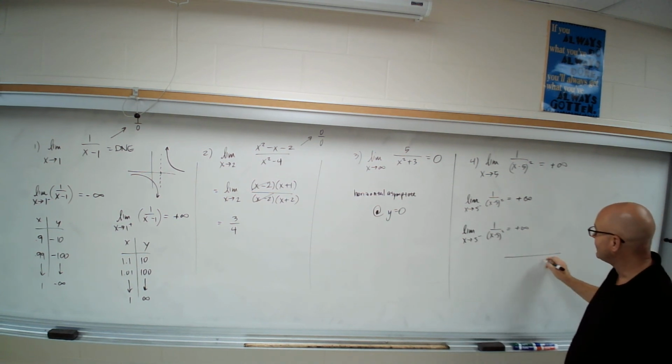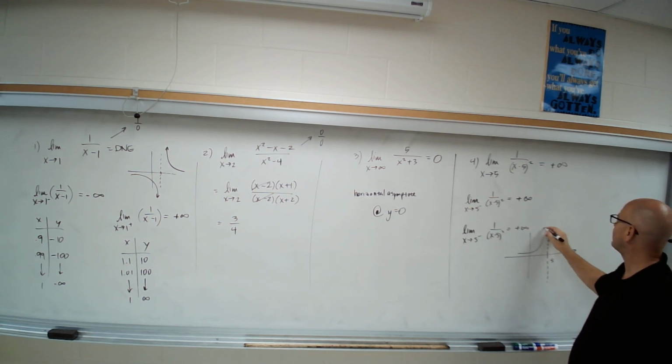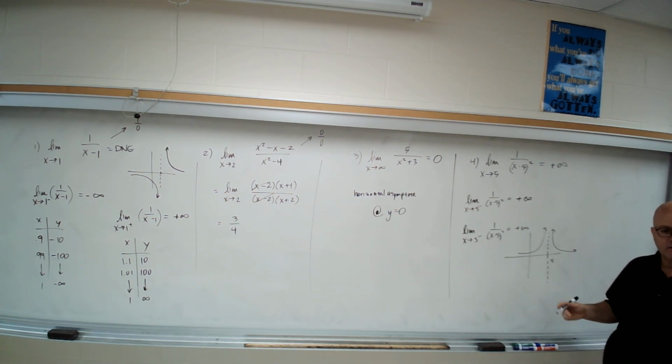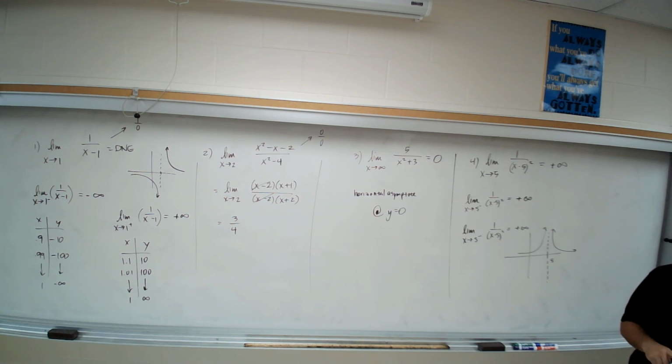Meaning that as we get close to 5 on this graph, there is going to be a vertical asymptote, and it's going to look something like that. Inverse squared function is what you call that. But where they both go up to infinity, in that case we can actually say the two-sided limit is positive